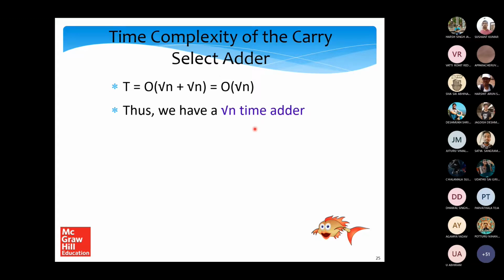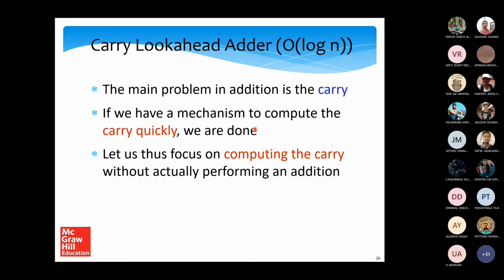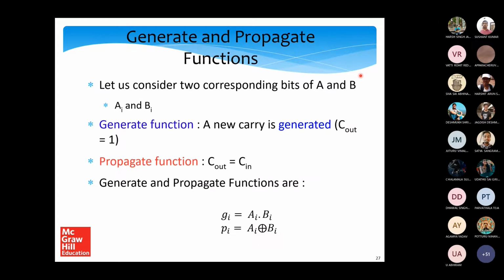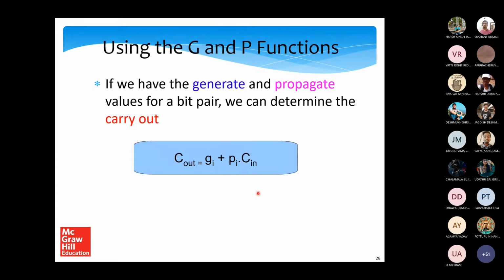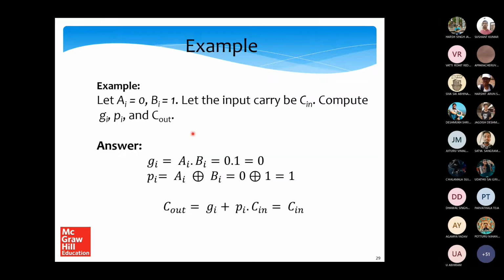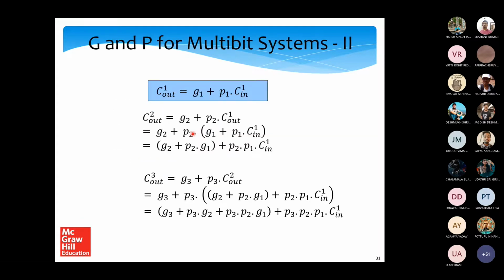Fine. Okay. Now, can we do better? Yes, we can do even better. Look ahead adder. I believe that the look ahead adder has also been discussed in your class, which uses the generate and propagate functions. And we know how these generate and propagate functions are written. Generate is an AND operation, propagate is an exclusive OR operation. Okay, and we find these recursive solutions, and all these things you know.